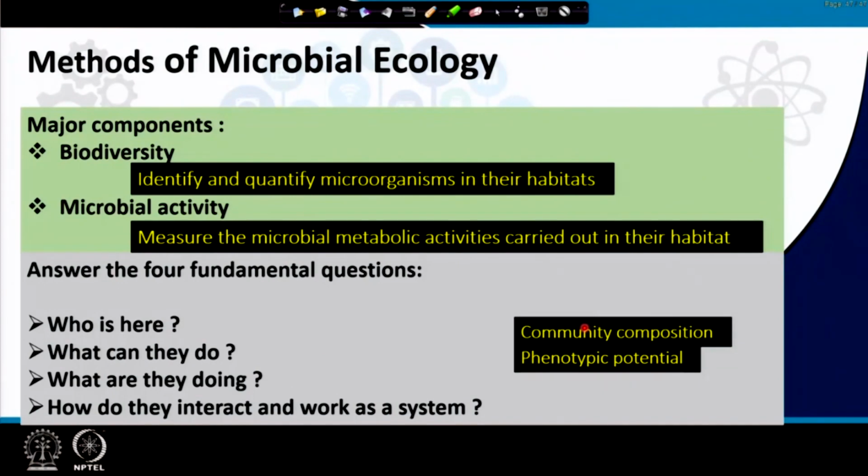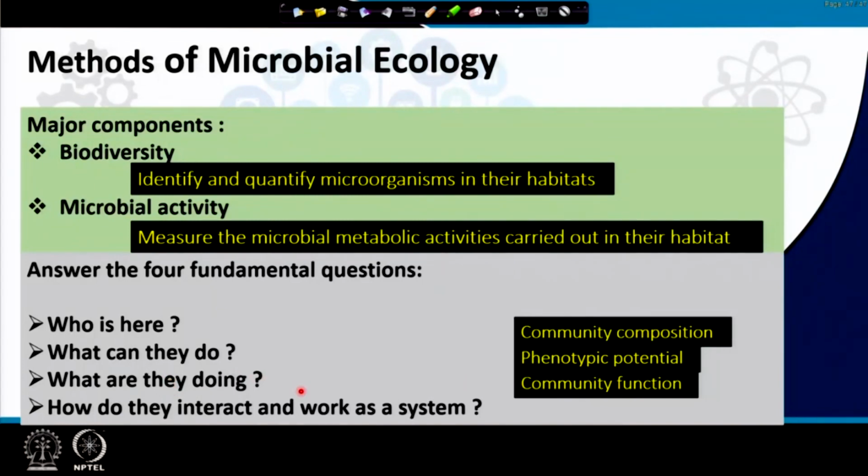So, the real metabolic activity or metabolic function of the organism might be different. So, we need to actually address what they are doing. When we address this question of what they are doing, we basically refer to community function. So, it is not an individual's